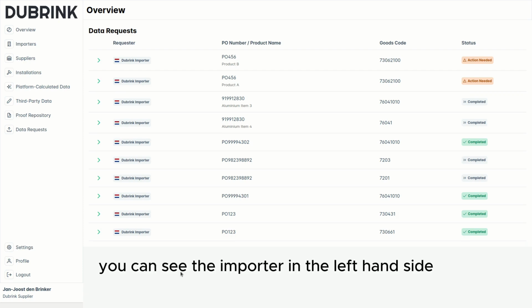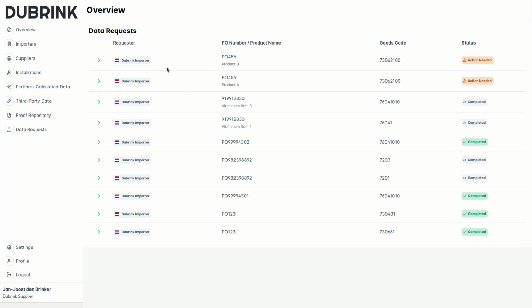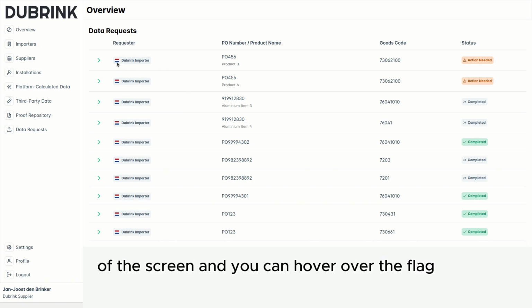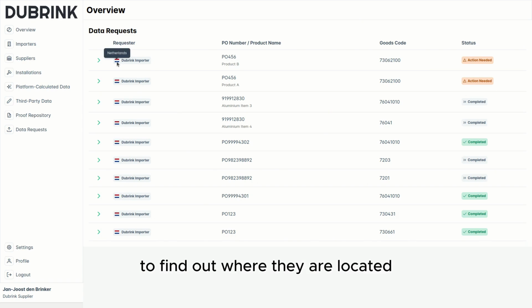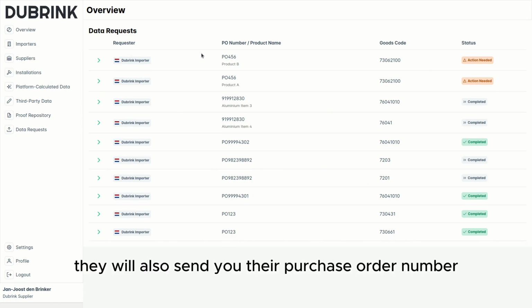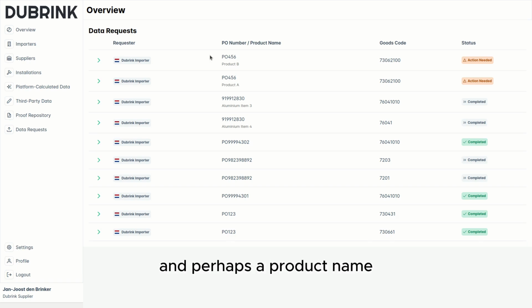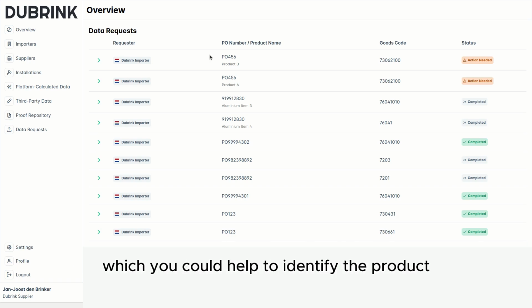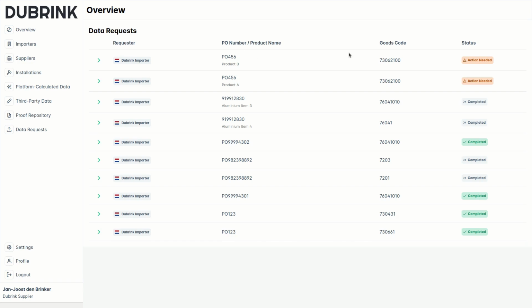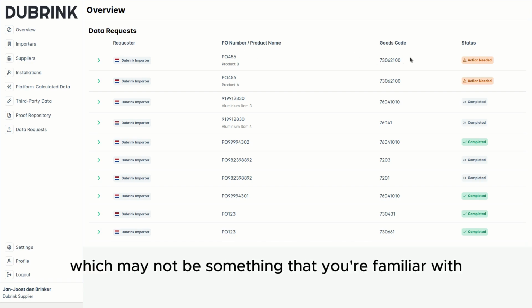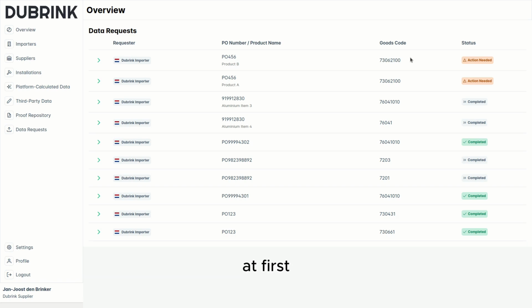You can see the importer on the left-hand side of the screen, and you can hover over the flag to find out where they are located. They will also send you their purchase order number and perhaps a product name, which could help you to identify the product. There's also the goods code column, which may not be something that you're familiar with at first, but